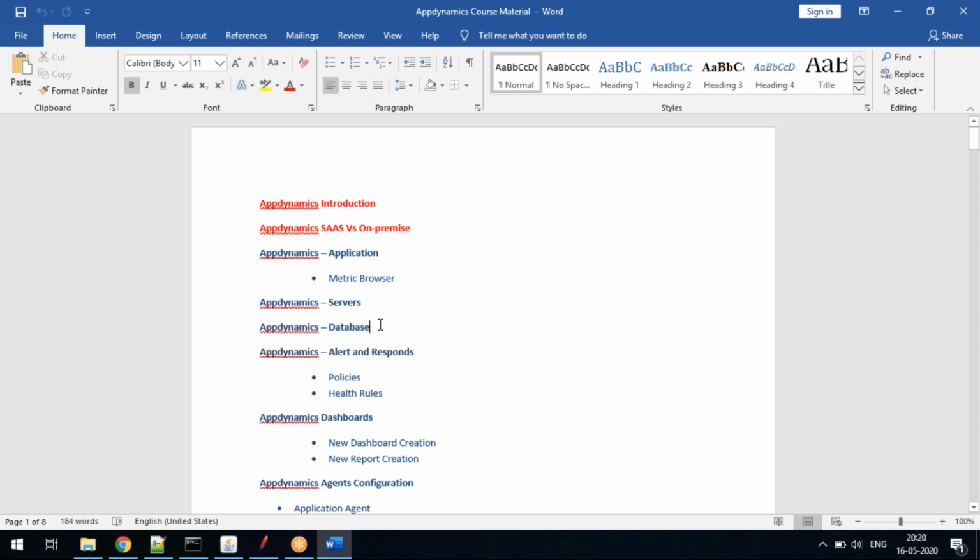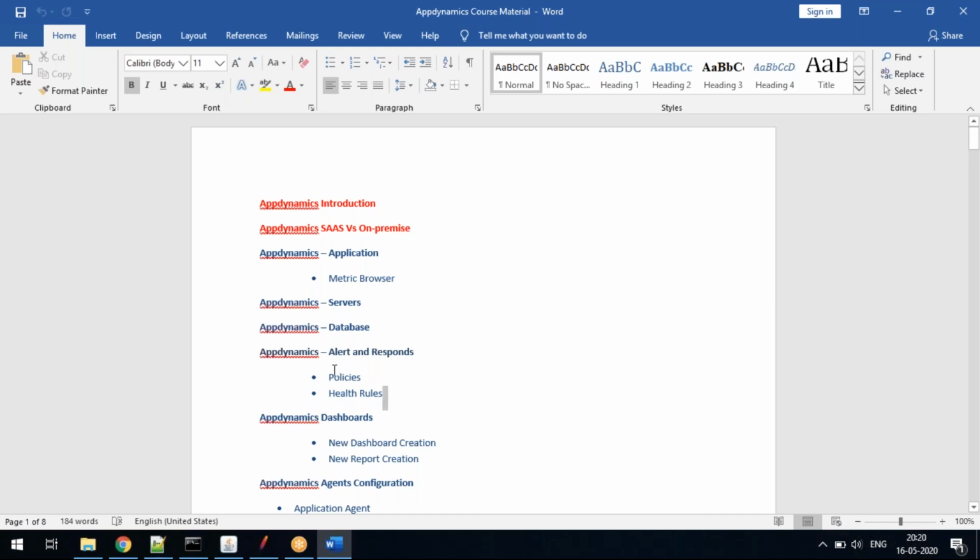And then all the agent configuration, server agent, database agent, machine agent, all those things, using the sample application that I told you, right? 2 sample applications. I will show you how to install the Tomcat server, how to deploy our WAR file, and then how to do the configuration, how the data is coming into AppDynamics, whether it is application layer data or machine layer data. I want to do a front-end metric capture, how to do that. And then if I need to configure MySQL DB or a MongoDB, how we are going to do the configuration, those steps I will be covering.